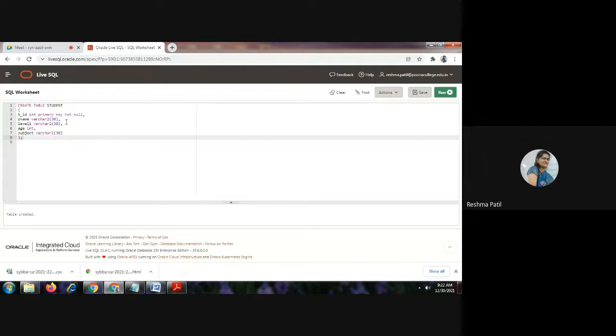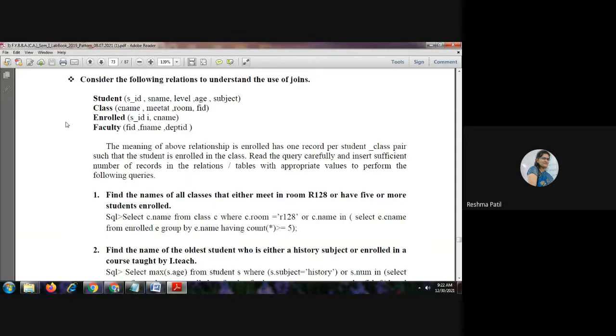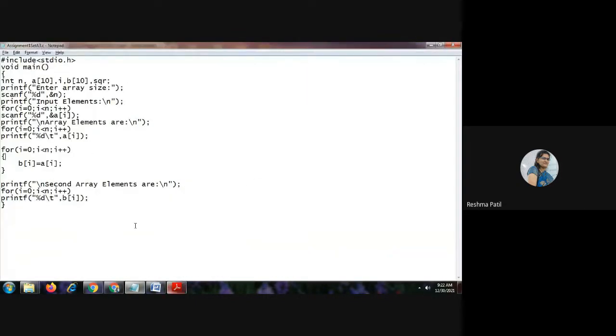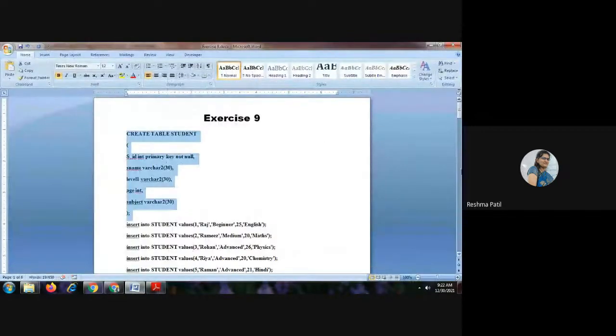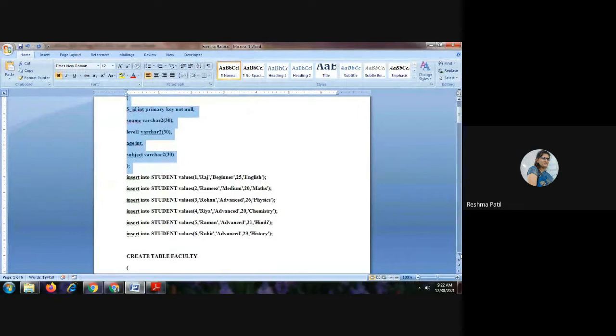Now insert the records into this table. You can change the values.